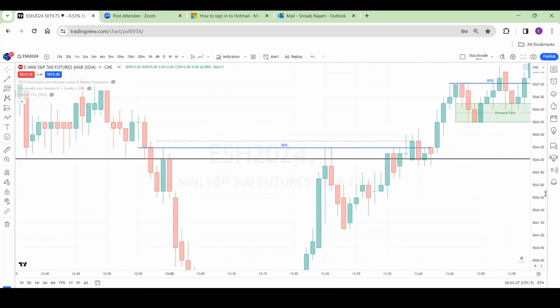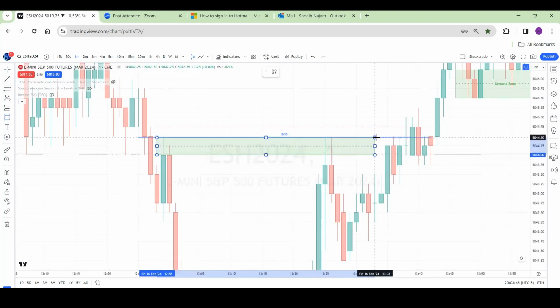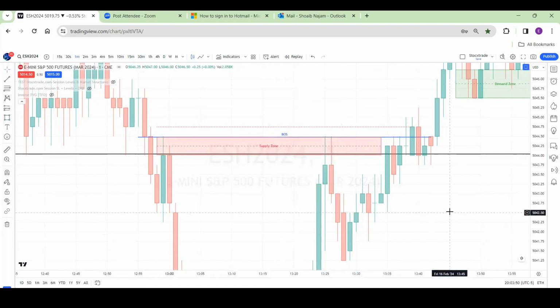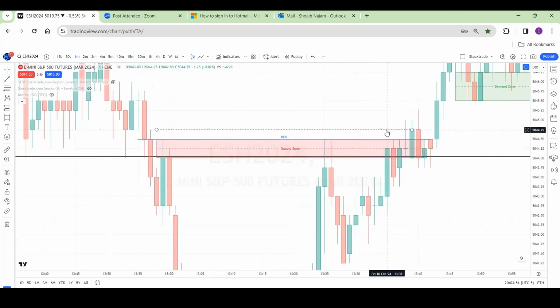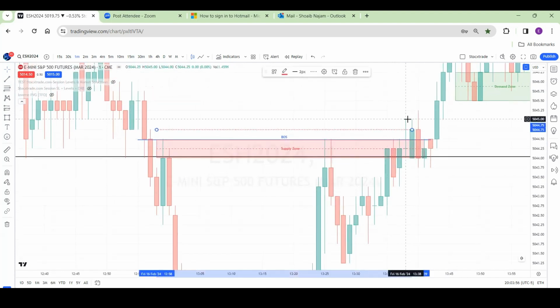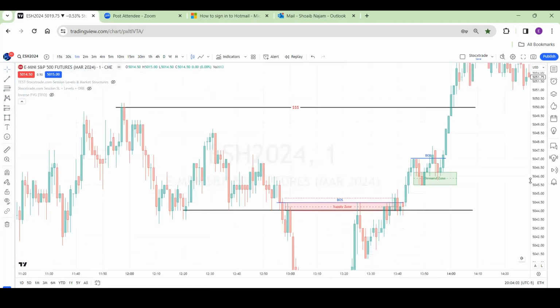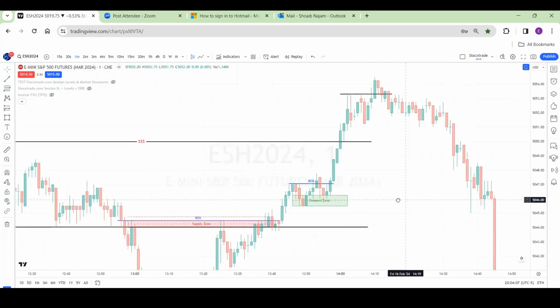So what the market makers did, if in the third attempt I want to take the sell position from this supply zone, suppose this was my supply zone in the third attempt. So what the market makers did, I took the sell position. They ate my stop loss. My stop loss was here. They ate my stop loss, created a little push down, and then went in the same direction. Why did they go in the same direction? Because